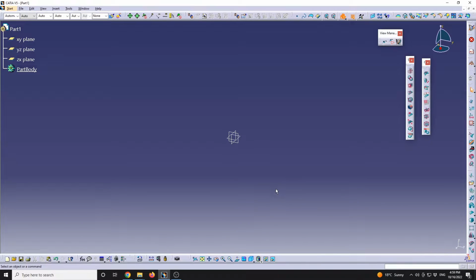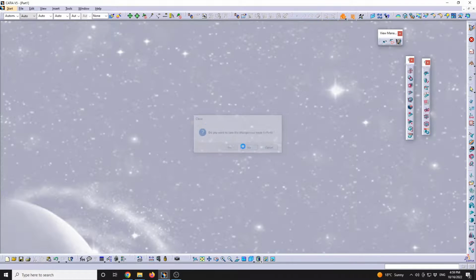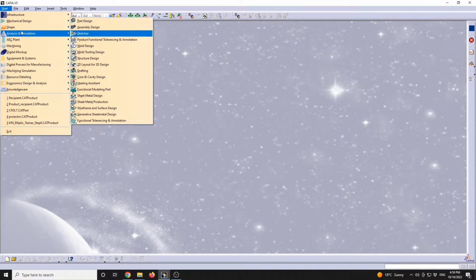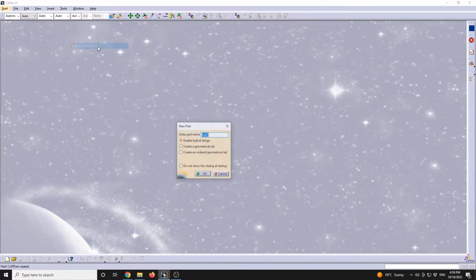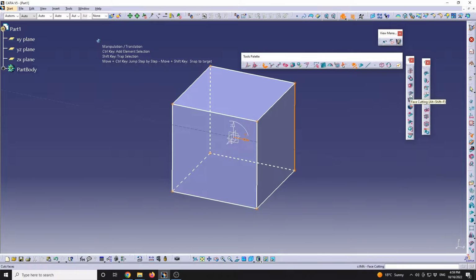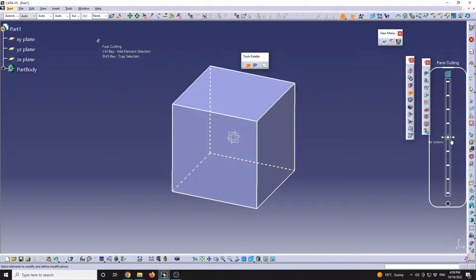So recently I started to get back to CATIA Imagine Shape, but I still prefer Fusion. But this was one of the most challenging stuff. So in Imagine Shape, starting from a default file, I will go to Mechanical Design, Shape, Imagine Shape. For example, I will define a box and do some face cutting on it to better highlight that. So the problem that I have experienced